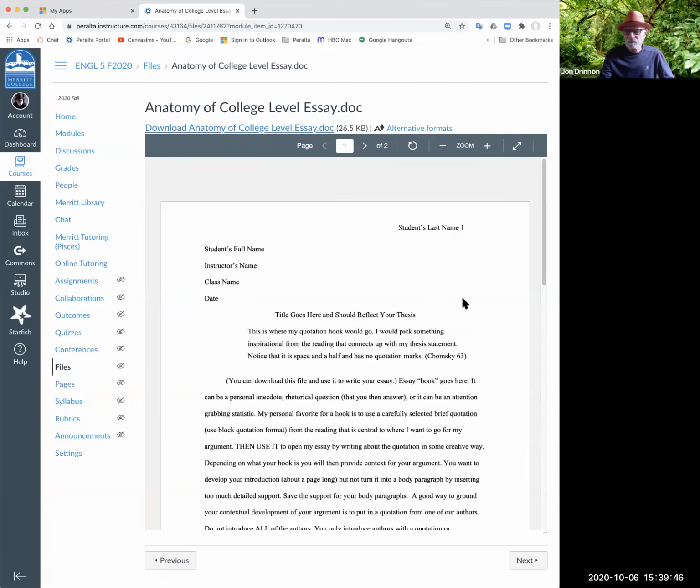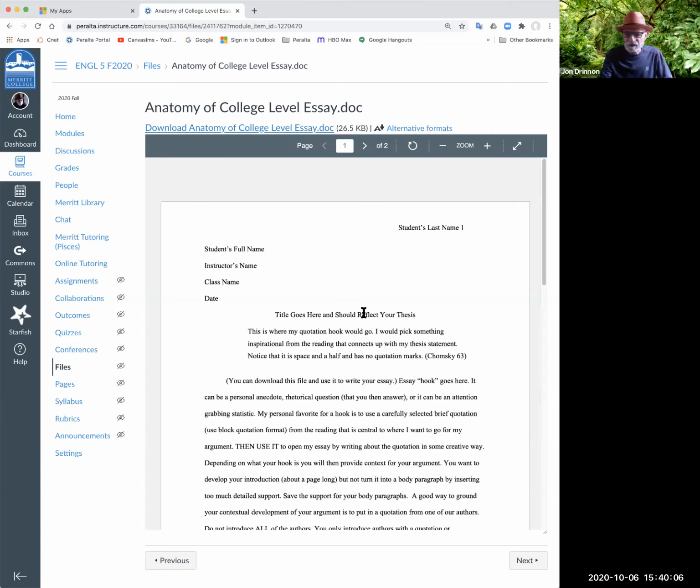And that's using Microsoft Word. And you guys know that everybody has access to Microsoft Word in your student portal. So you can download this. What you're going to do is change this up so that you put your last name here. Once you download it, then you can change all of these different things. This is going to be your full name, my full name, class name, etc.